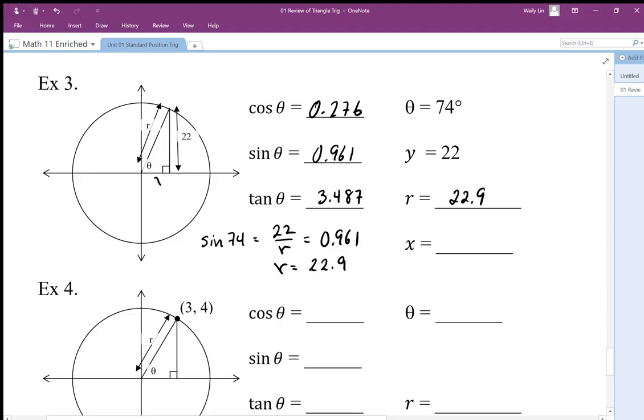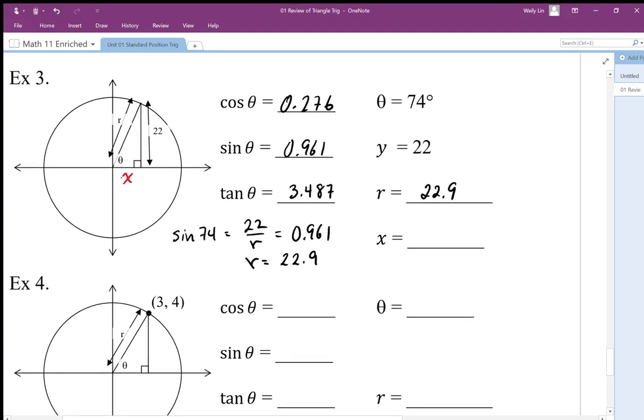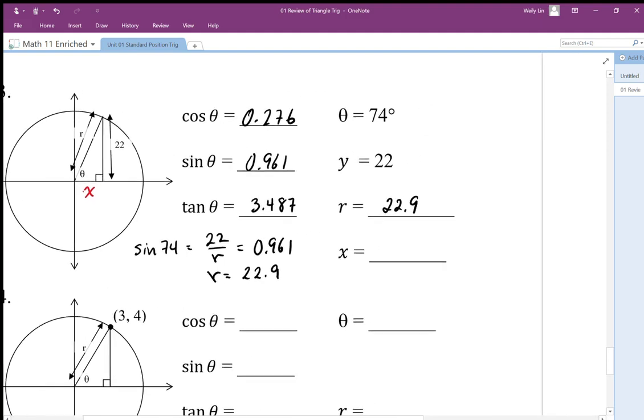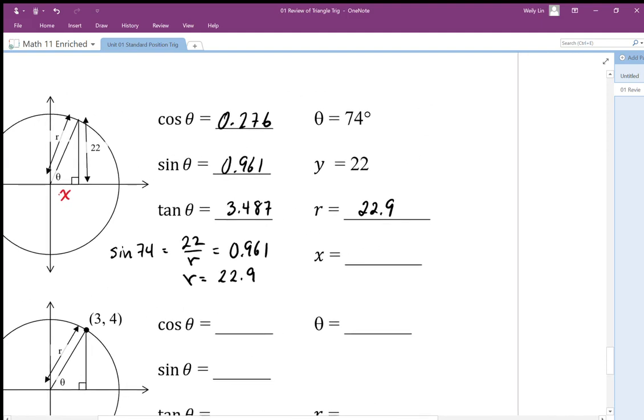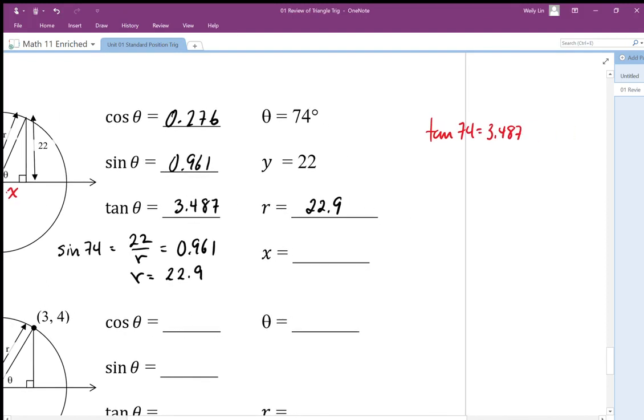Solving for x, I can do the same thing. Okay, so solving for x, I'm going to set up a ratio with an x in it, so I'm going to use a tan ratio. So we'll do tan of 74 degrees is equal to 3.487, and that ratio is equal to